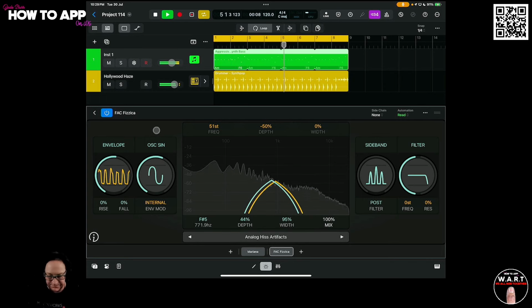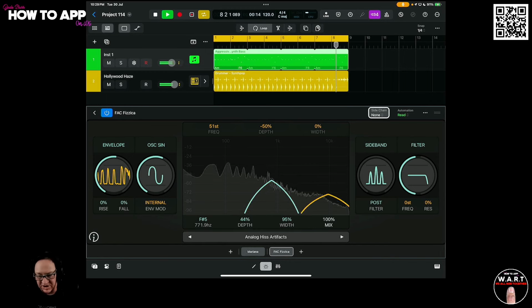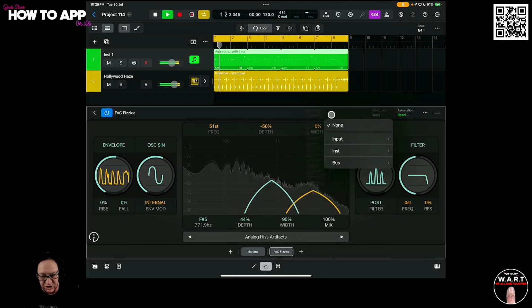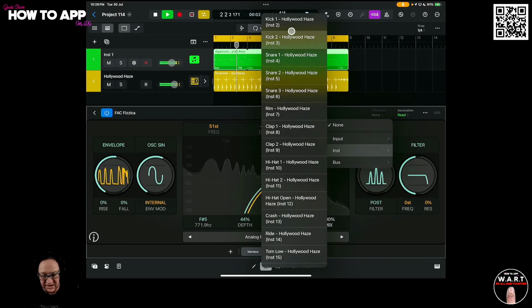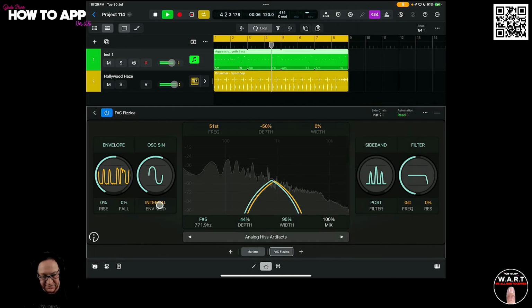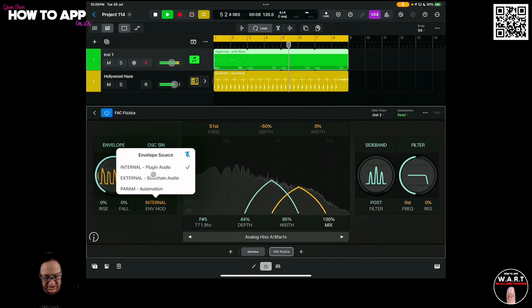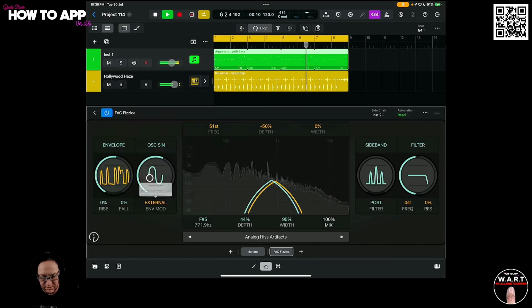Let's show you that. In the FAC Fizzica, in the bass section, you can see at the top here we've got side chain. If we click on instrument, you can choose what you would like to be side chaining in here. So we're going to use this kick. And now if we go to our internal and change this to external side chain,